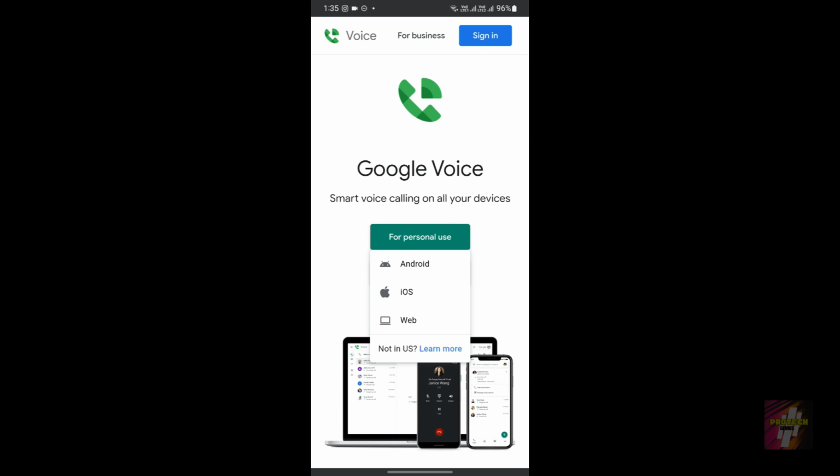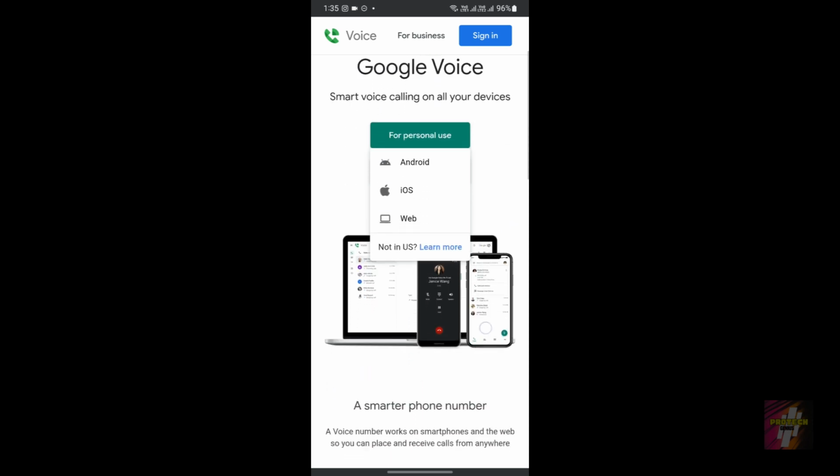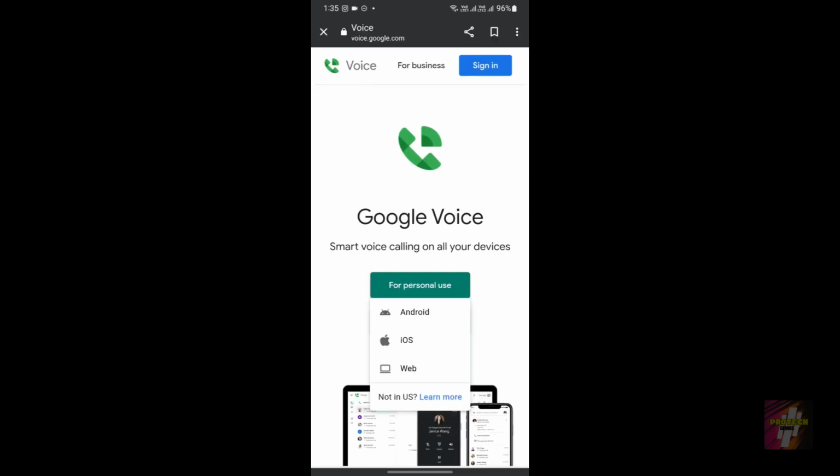So guys, for transferring a Google Voice number, there are a few conditions which must be met, such as that it must be only a personal account. Google Voice has two types of accounts, for personal use and for business. If we are using a business number, then we must contact our business administrator for changing a number.